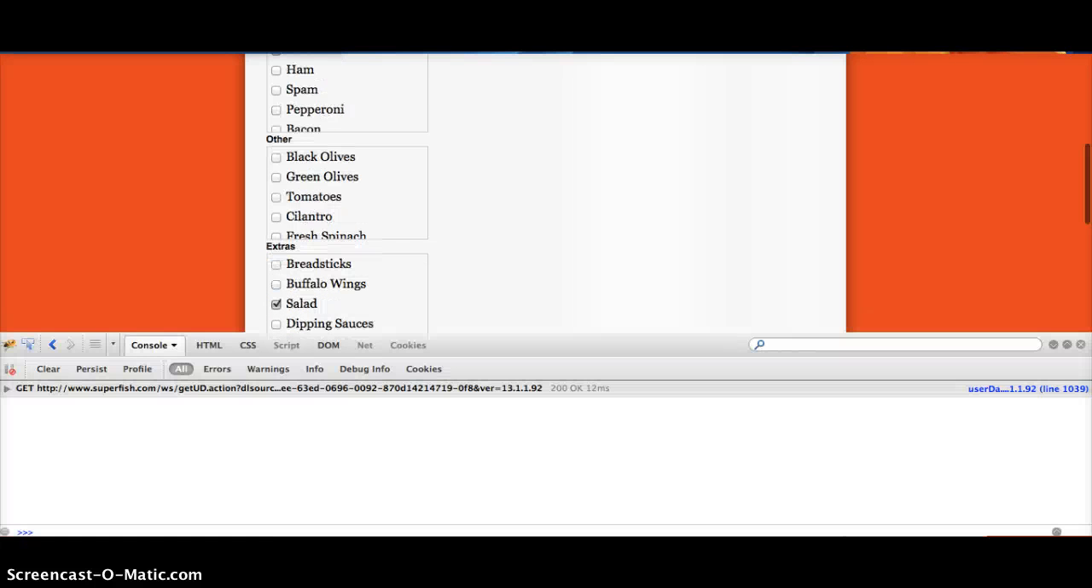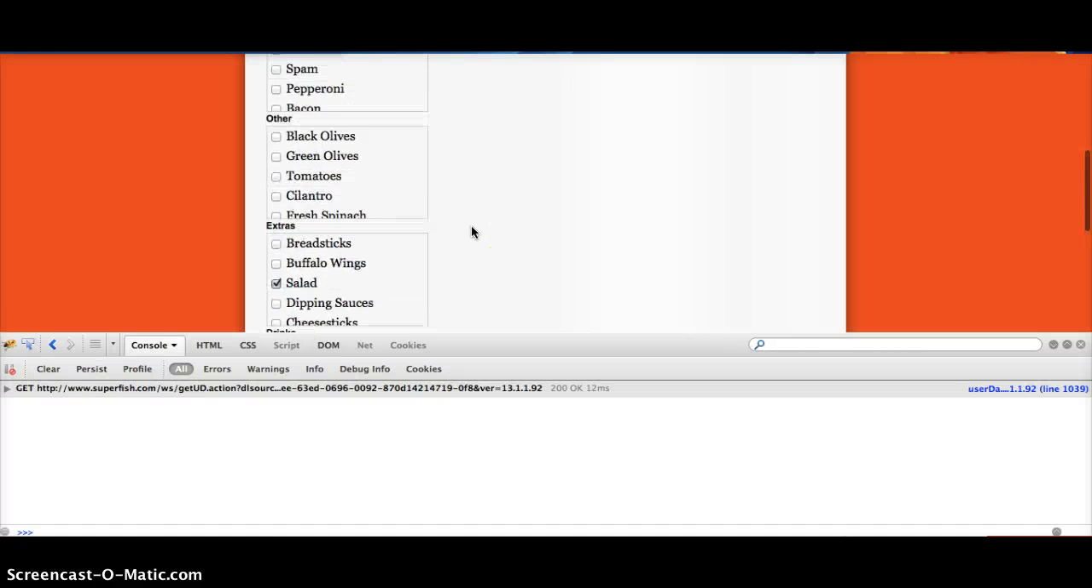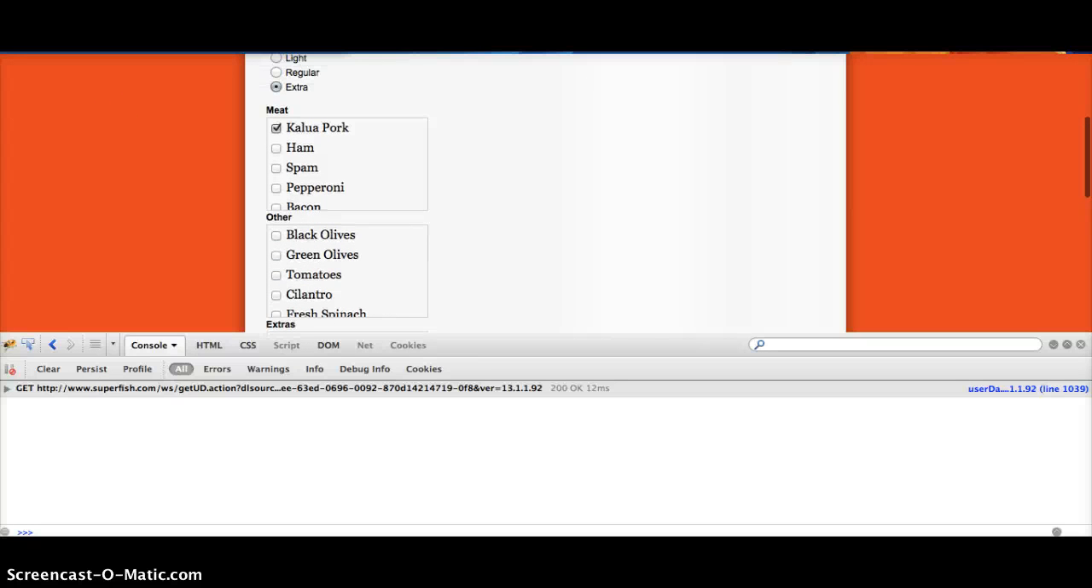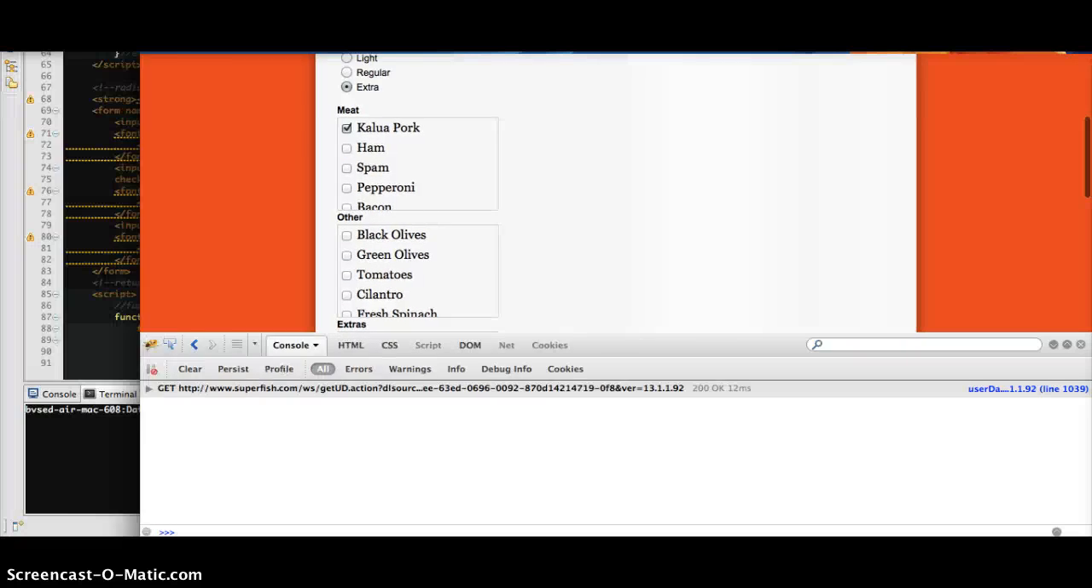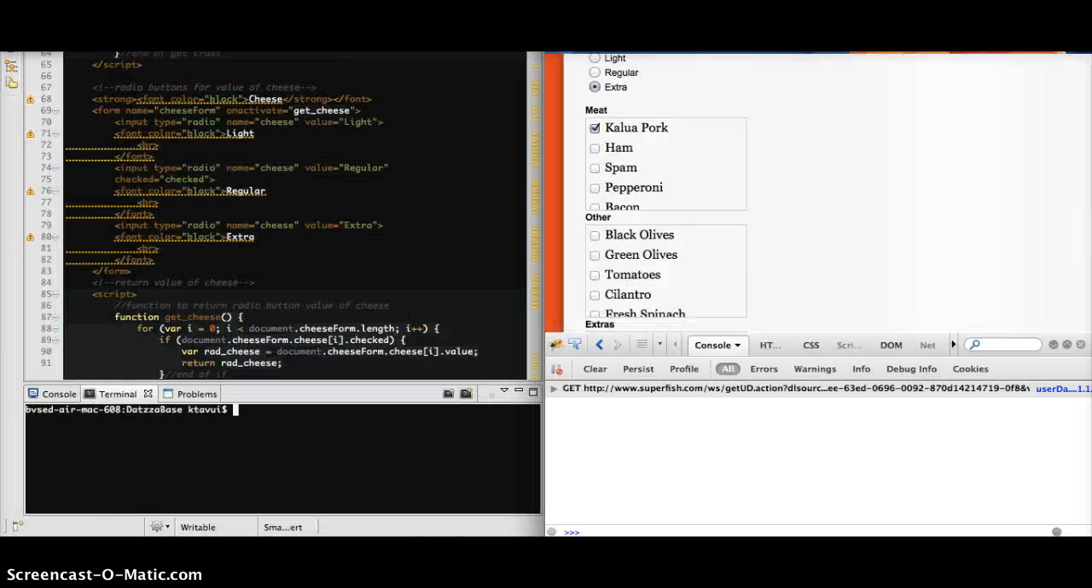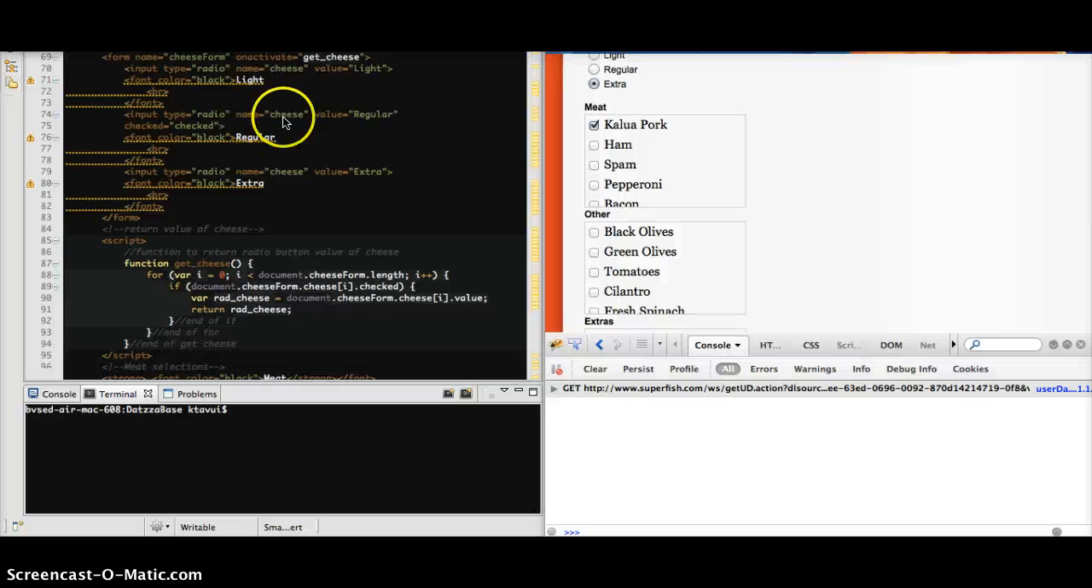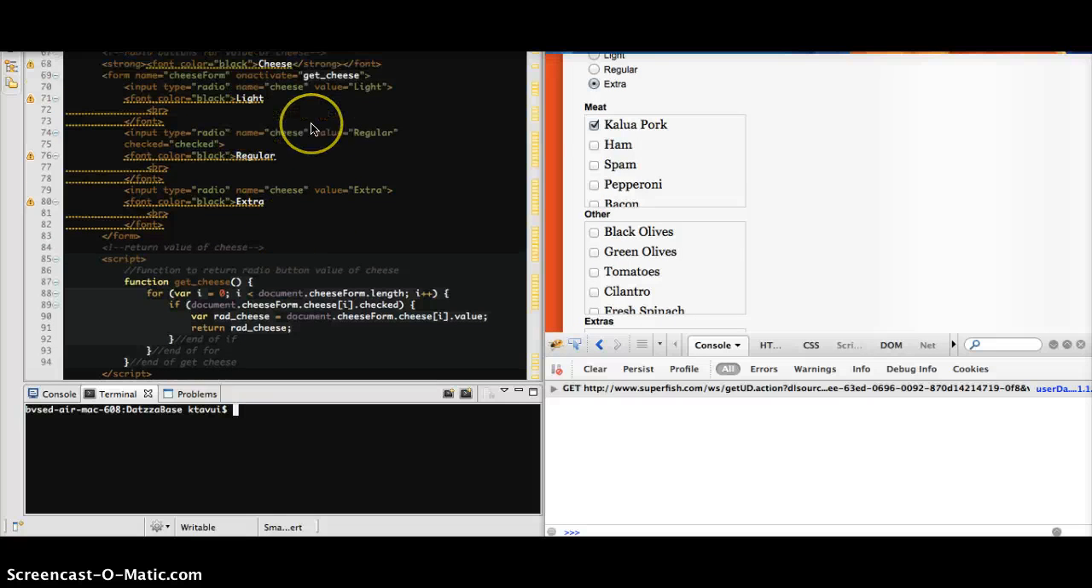I'm going to bring up Firebug so that I can show you what's happening when the user is selecting these values. I'm also going to open up my compiler so we can look at some of the code and kind of visually show how the data is being stored and manipulated. So quickly, as you can see here, the